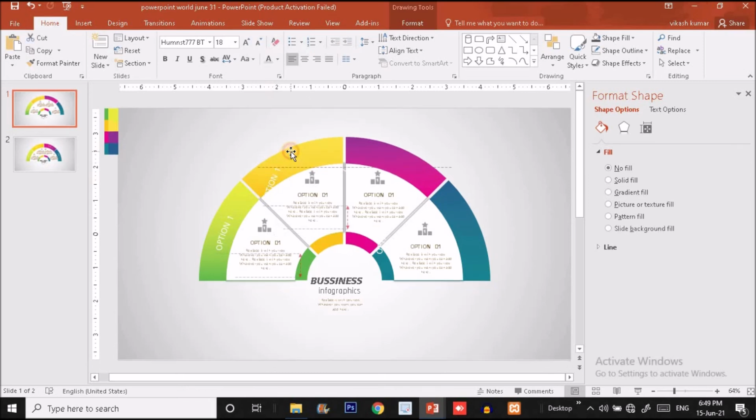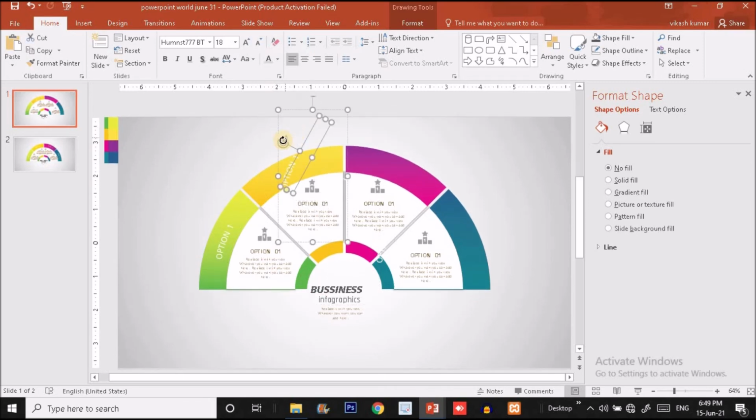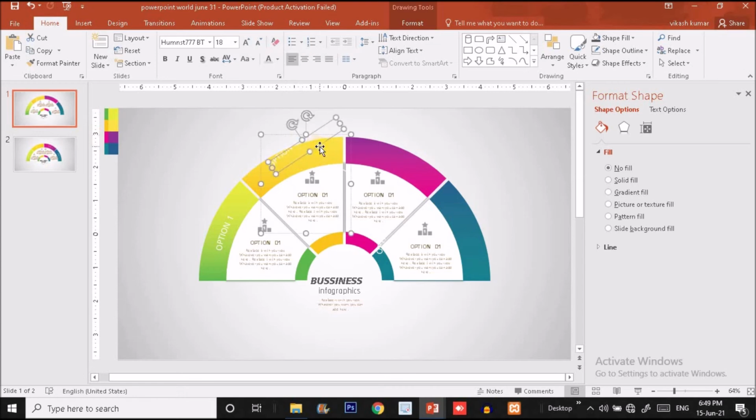Okay, so now we have to move this option text and place it somewhere here. We have to make some adjustments, guys, so it will take time.